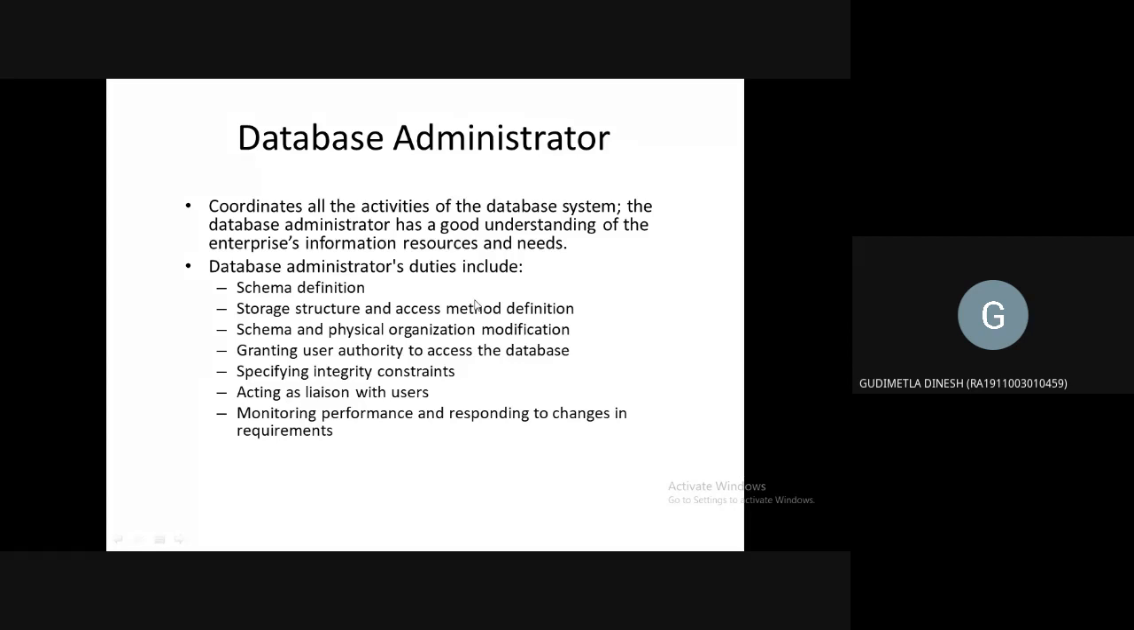Yes, sir. The second role is about storage structure and access method definition. This is about what type of data structure has to be used for the particular database, whether he has to use a graph or tree data structure or linked list or queue, depending on the requirement. All the storage data structure will be decided by the database administrator, and the access method also, like, as I mentioned, how many indexing tables should be there, and how the memory is divided, and where each table is stored physically